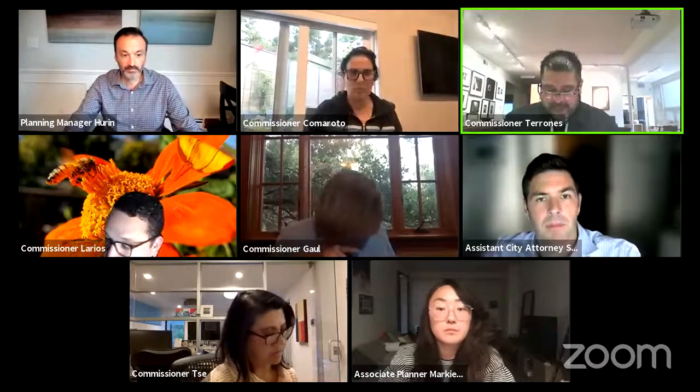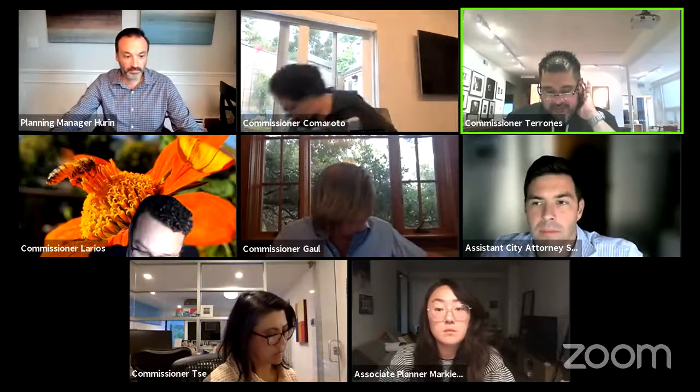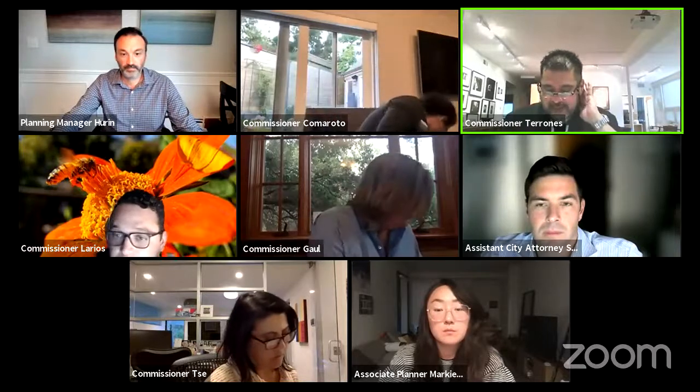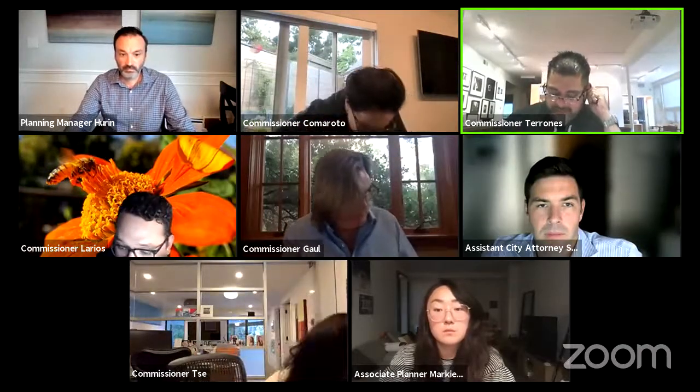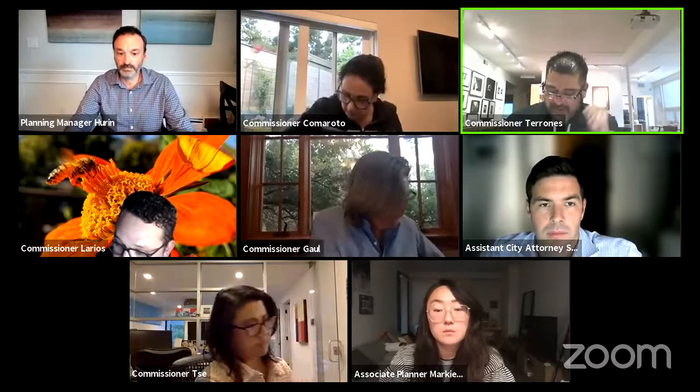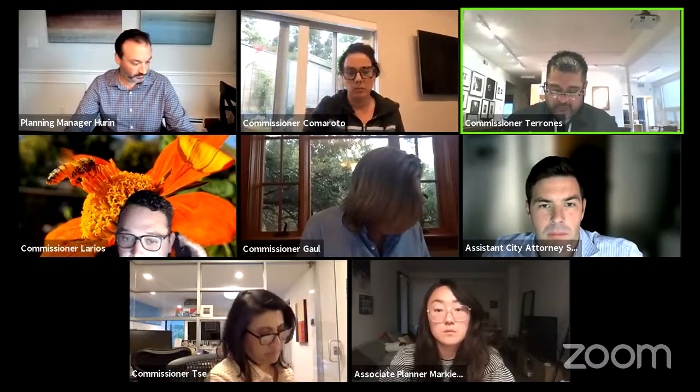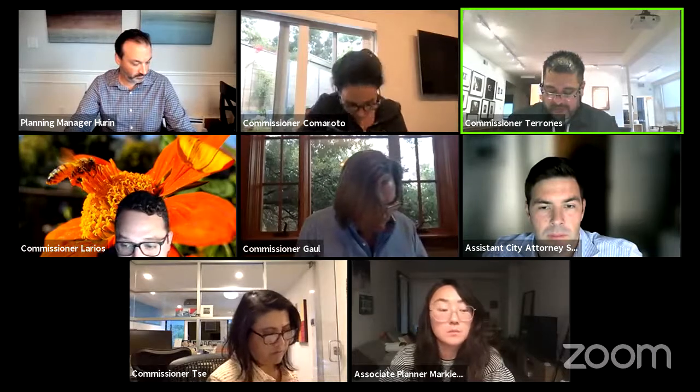Commissioner Terrones. Since I had one of the comments that was addressed at the last meeting, I'll just say that I really appreciate the minor revision to the front porch detailing, adding that second column along the left elevation. I think it helps finish off that porch and make it feel a little bit more like it might have been an original structure. So I think it's a nice project.